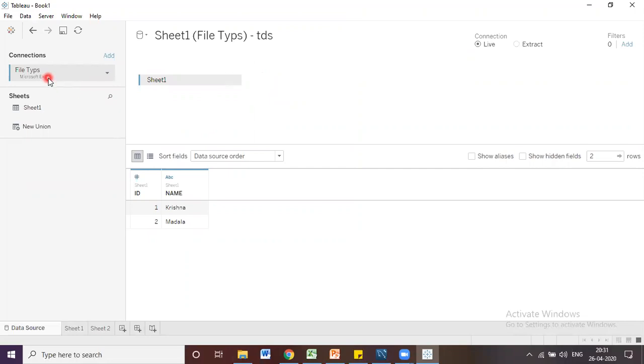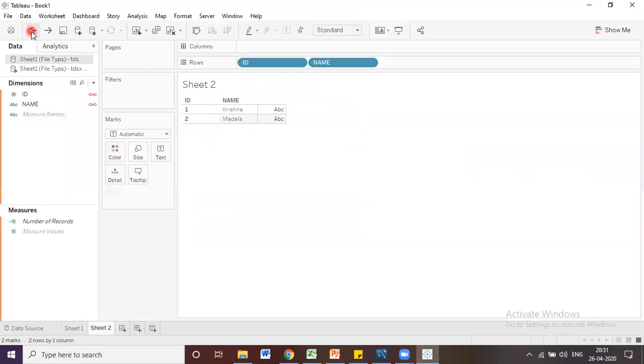The TDS file also contains the information about any calculations, groups or bins you have created, meaning whatever custom fields you have created in your data set will also be available in that .tds file. It also contains the default file properties like number formats, aggregations, and sorting options.